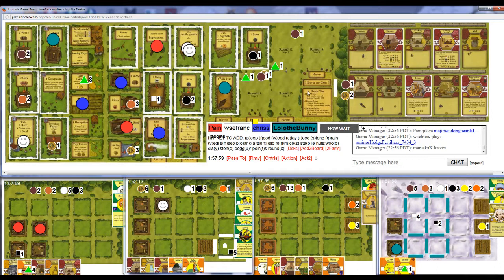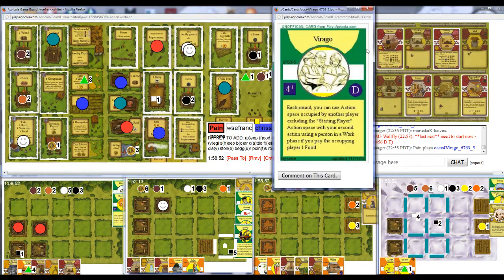Yeah, so I would like Lolo to sow here, because then I can build cooking hearth and then sow next round. That would be much better for me. But if I have to do it here, I have to do it here, and that's okay. So Lolo, what? Oh, Chris did. Oh, Chris sowed? Okay, I was not expecting that at all. So Lolo...